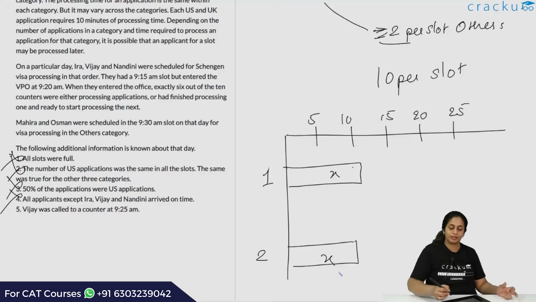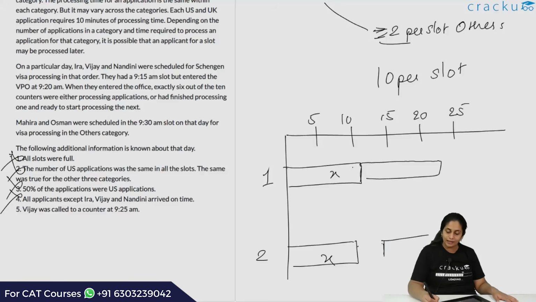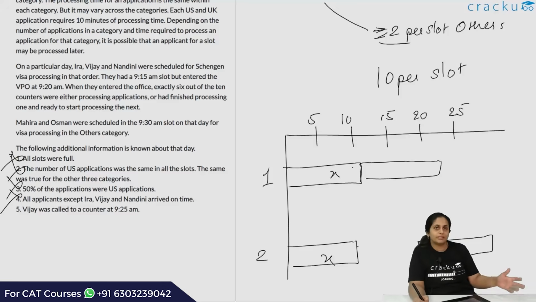Then it will call the third guy, because in each slot there are 3 applicants. So the first counter is going to call the third guy. This is going to get finished and then the 4th applicant will start. It was supposed to start at 9:15 and that would be Ira, and Ira's would also take another X minutes and would be done at some point of time. But since Ira came late, even though the counter is free after X minutes, her application would actually start at 9:20 and finish after X minutes. And Vijay would come over here in counter 2. Counter 1 would essentially process Vijay, because every odd number is being processed by, say, counter 1, and every even number is being processed by counter 2.